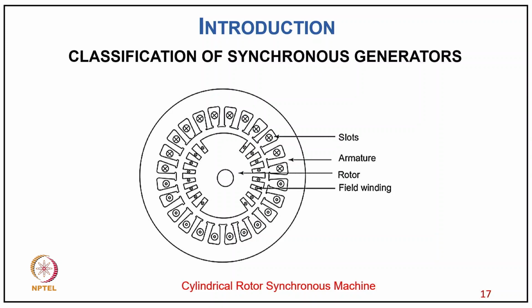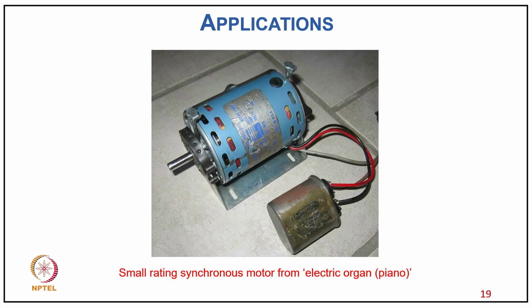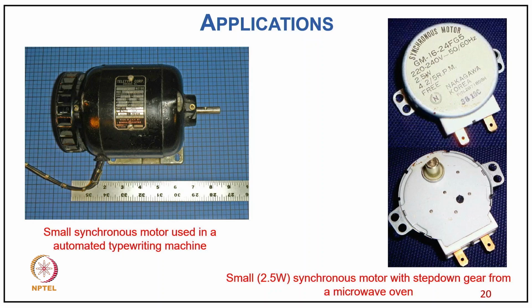So there are many methods by which we try to make the flux sinusoidal. One of the methods is, because we cannot change the reluctance or permanent magnets to change the flux, we use the distributed winding, which gives an MMF similar to a trapezoidal shape, which is closest to the sine wave, to give the flux. So now coming to the applications, starting with small rating motors used for typically organs,